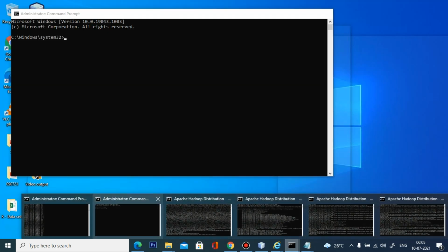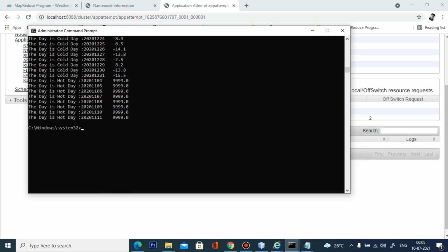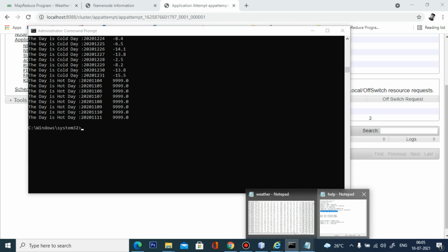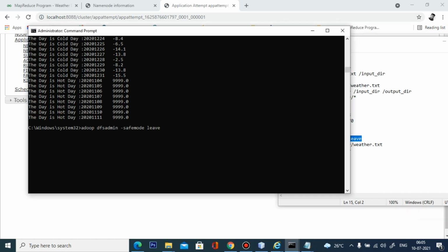Now we have to safely leave HDFS safe mode. The command is very simple. You just type hadoop dfsadmin -safemode leave.